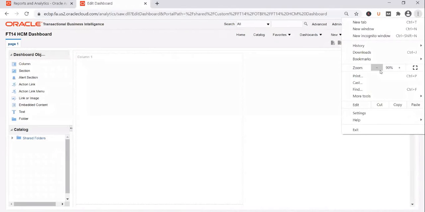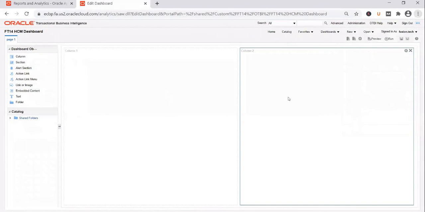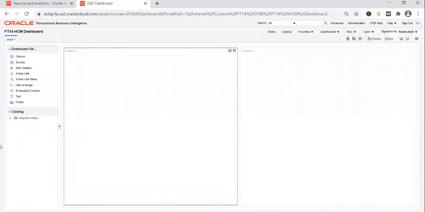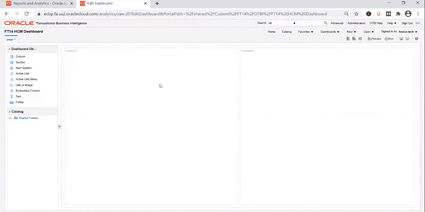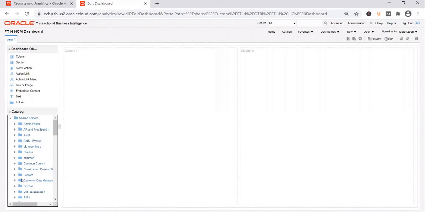If you reduce the zoom size a little bit, you see that the columns are side by side now. And in the first column, we usually drop in a dashboard prompt. So we need to include the dashboard prompt that we created. You have the catalog here, right? You can browse the folders here.